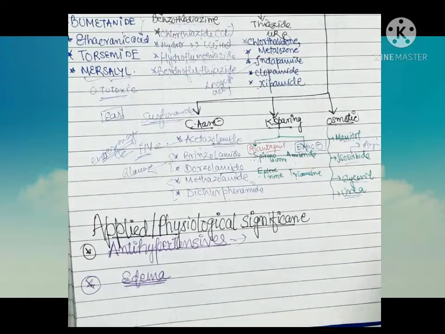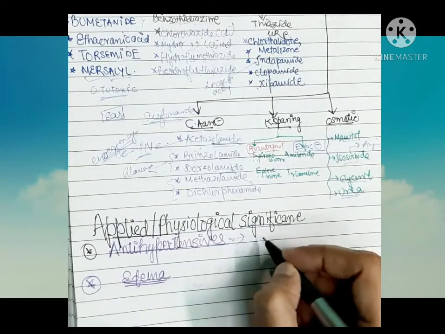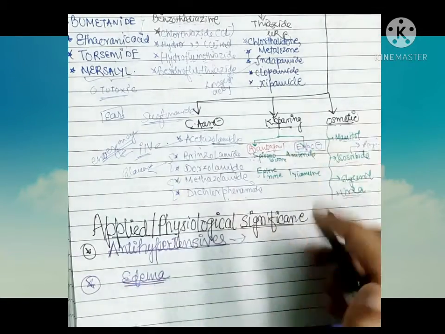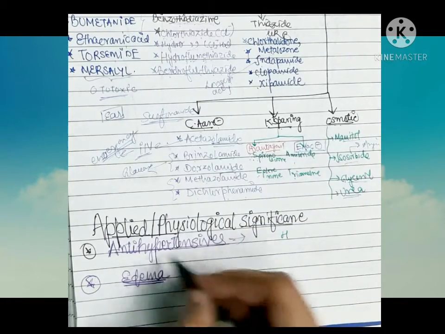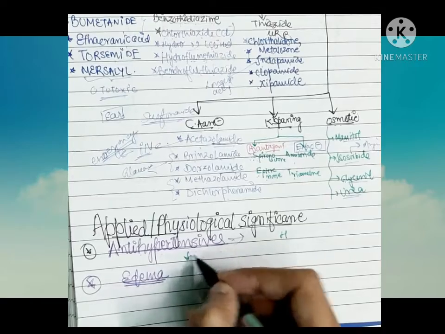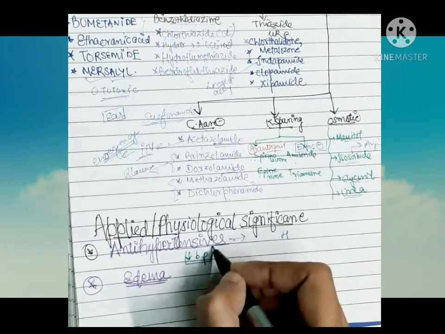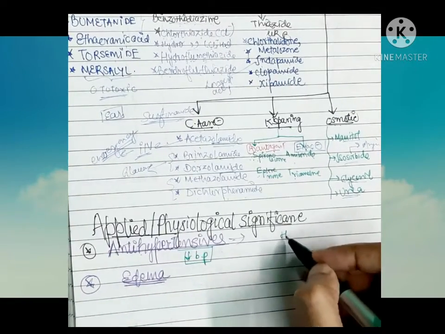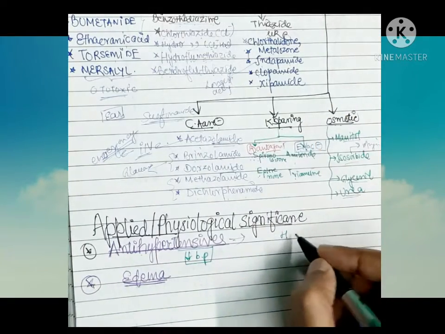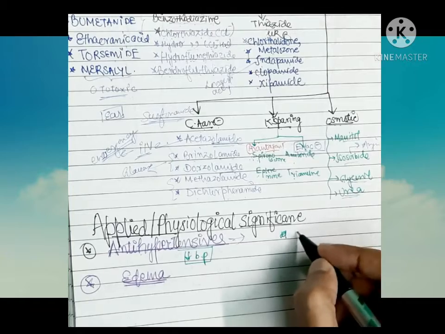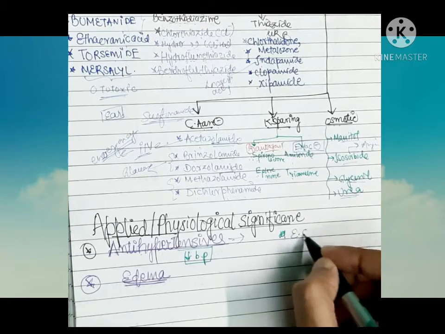In a very short way, I will be explaining. Let us suppose there are two things which help in the maintenance of BP. Antihypertensive means which help in decreasing BP. So for the physiology, a part of the BP physiology is a term